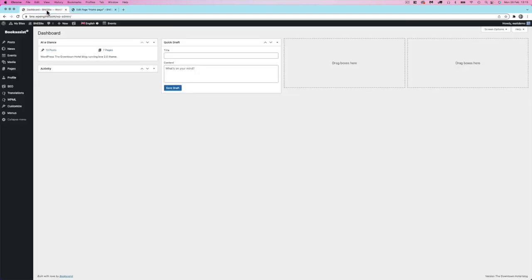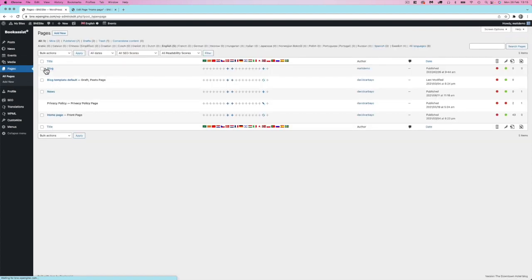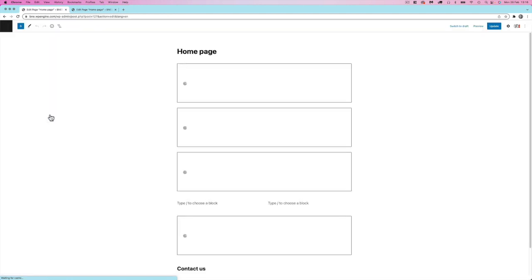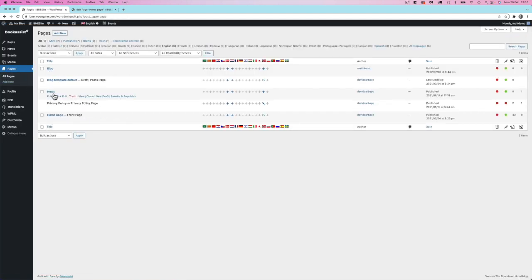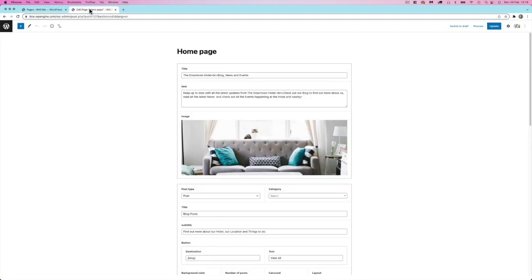If we go to the back end, we can also access that by going to Pages, All Pages, and then we can see there a list view of our pages that we've added. And here we can see Home Page, and we can also just select that, Edit, to edit. And we can use the WordPress menu to navigate back to that list view if we need to edit another page. Go to our front end,